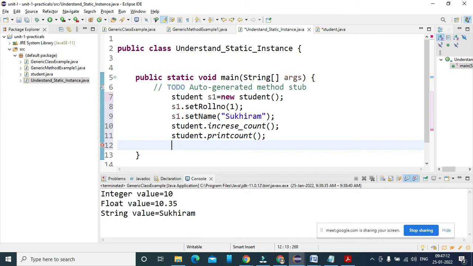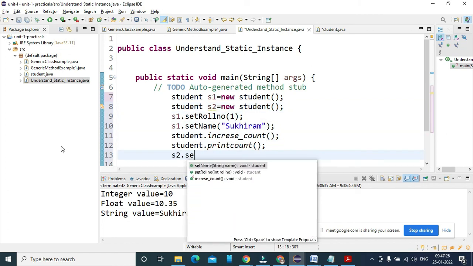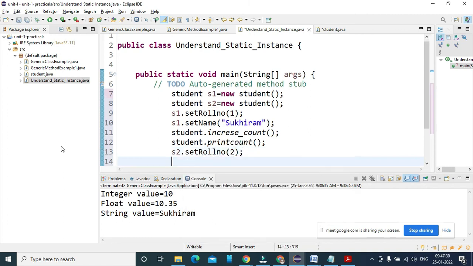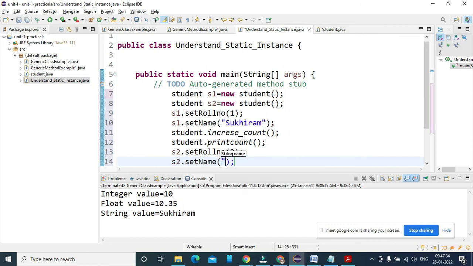Okay, now I'm creating another set of roll number. So I need another object of Student kind. So Student s2 equal to new Student. तो अगर मैं इसको कंस्ट्रक्टर में भी कॉल करता हूँ तो भी चलेगा. s2 डॉट सेट रोल नंबर इक्वल टू 2 and s2 dot set name equal to Dukhiram.